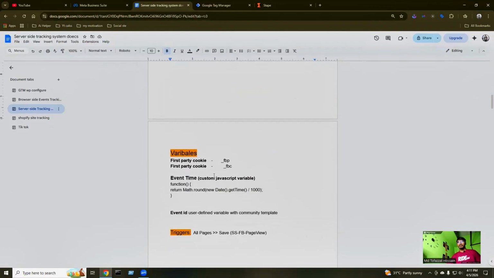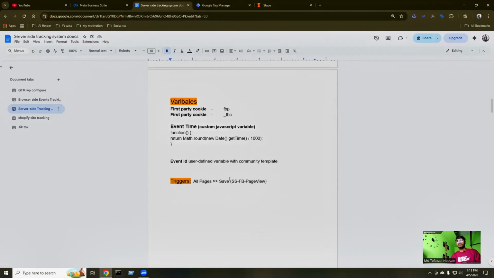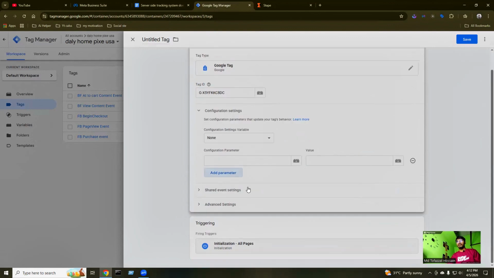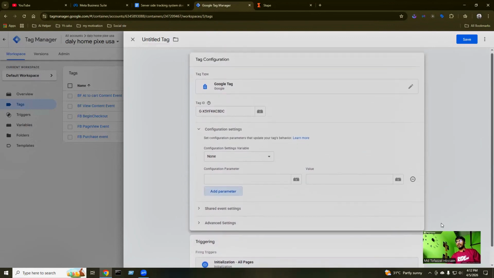Okay, we need some variables. So these are variables FBC and FBP. So we have to create these. So how to create FBP variables? So you have to go to variable setting. Where is this? And this is the setting, and we are selecting this,